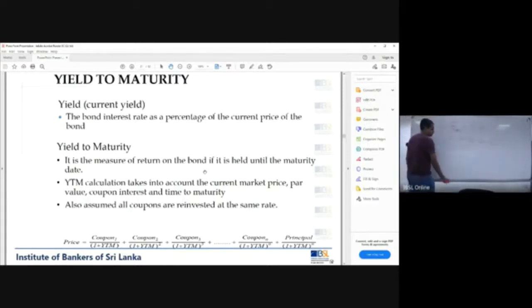That's why let me write this as IRR. So you get 10 over 1 plus IRR